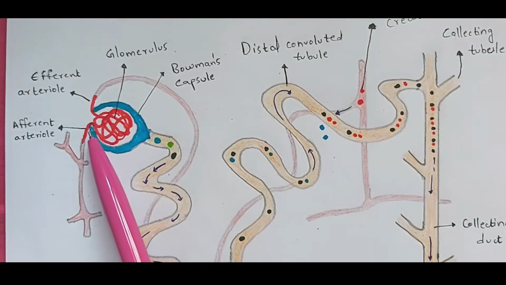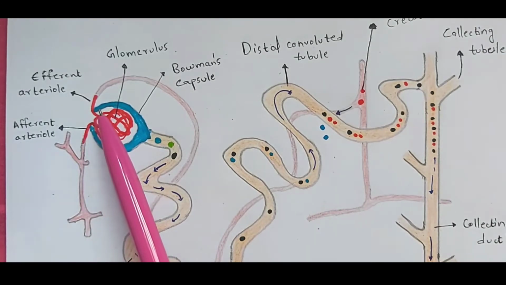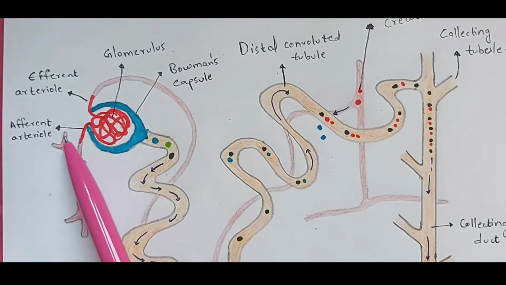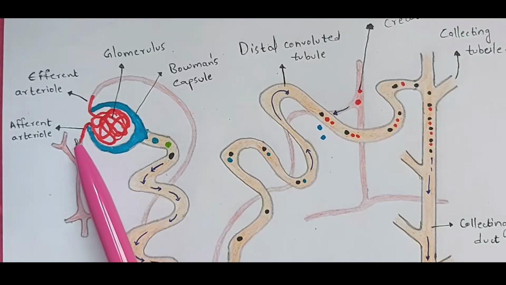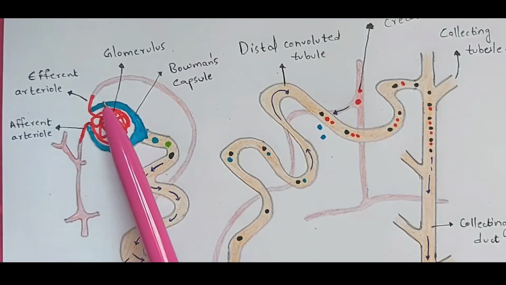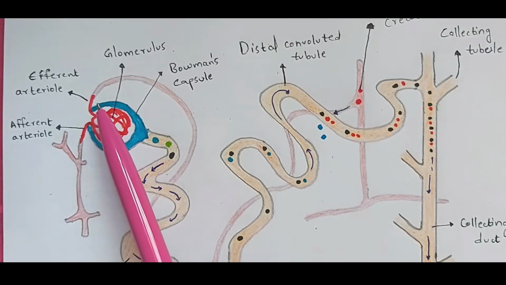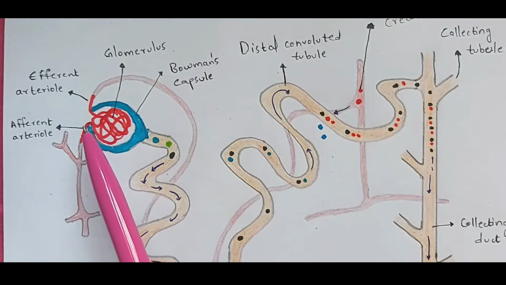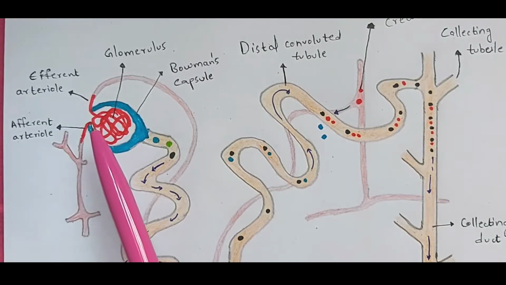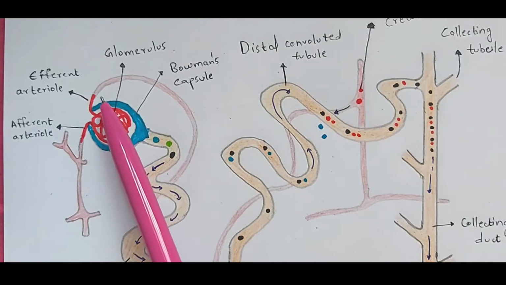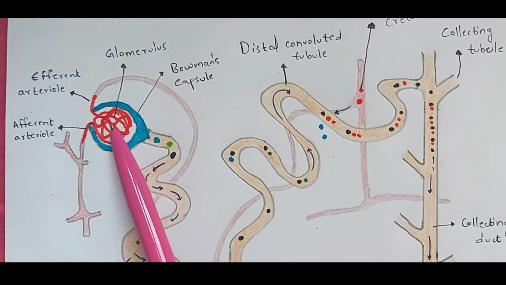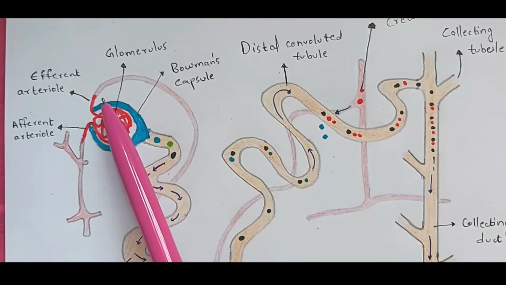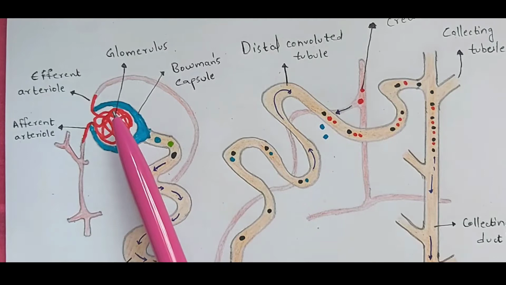So this glomerulus will start with the afferent arteriole and it ends with the efferent arteriole. One of the most important things which you have to remember is that this afferent arteriole will be thick, a bulk-like structure, whereas the efferent arteriole will be very thin, thin and narrow. This is one of the most important things which you have to remember. Why it is important, I'm going to explain with the mechanism. So this will be a Bowman's capsule, and this is the glomerulus, and the afferent arteriole will be very thick, and the efferent arteriole will be very thin. Okay, so this is what you have to remember.